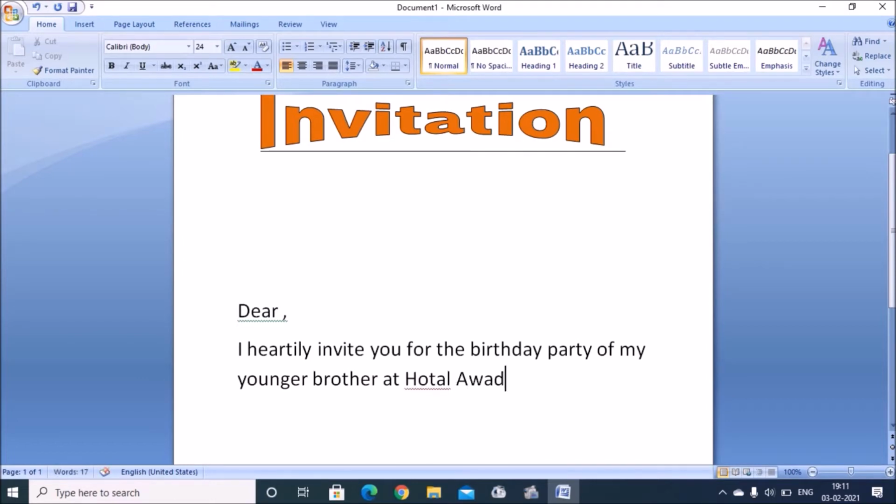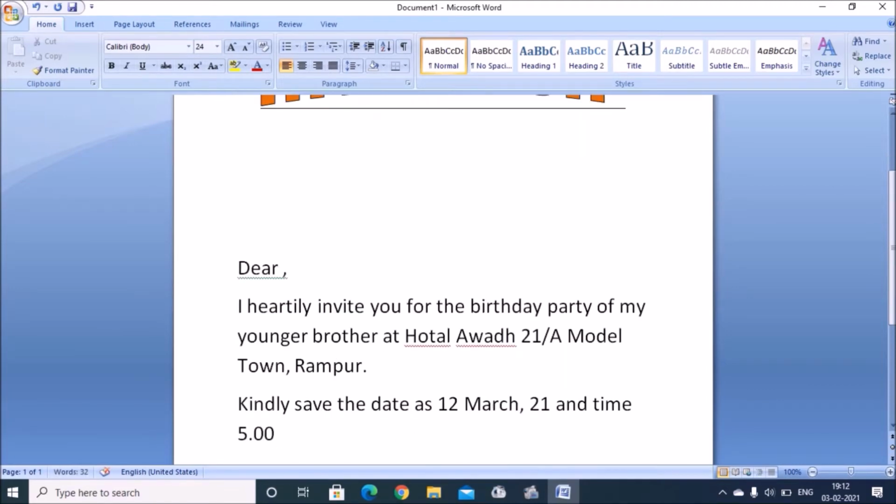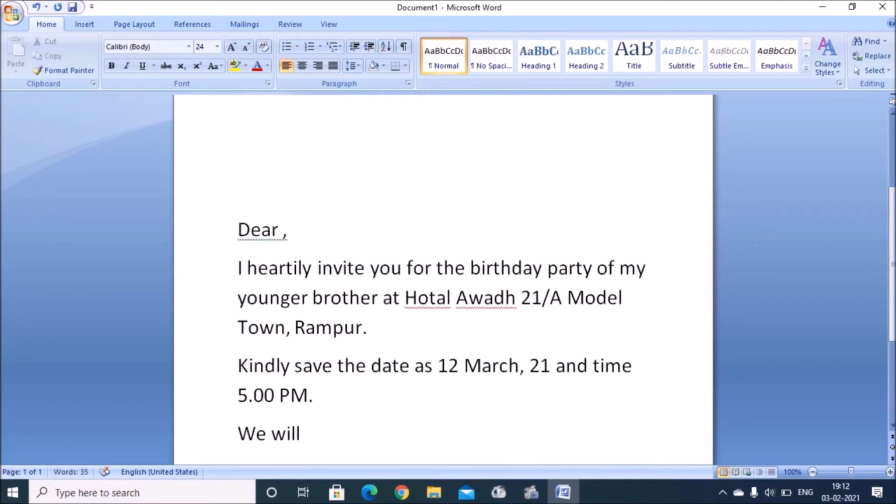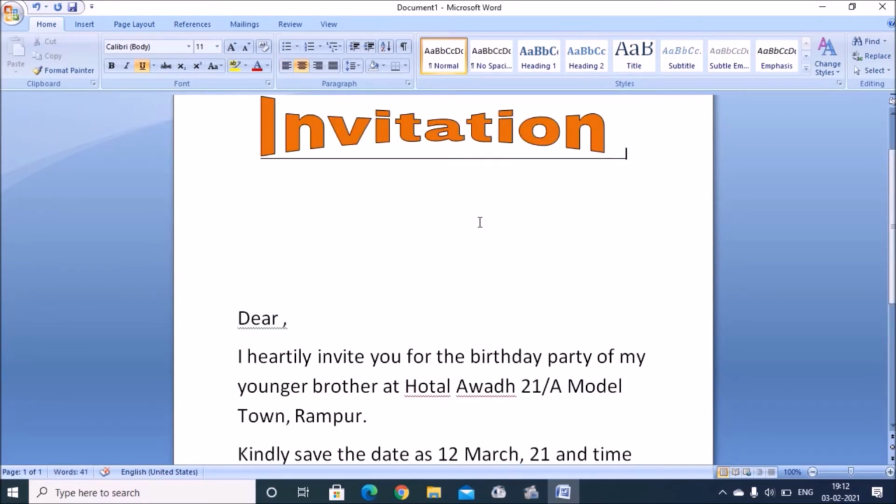You can have the text decorative as you want. So our matter is ready. Now, because this is the main document, here we write the name of the recipient at the left hand side.